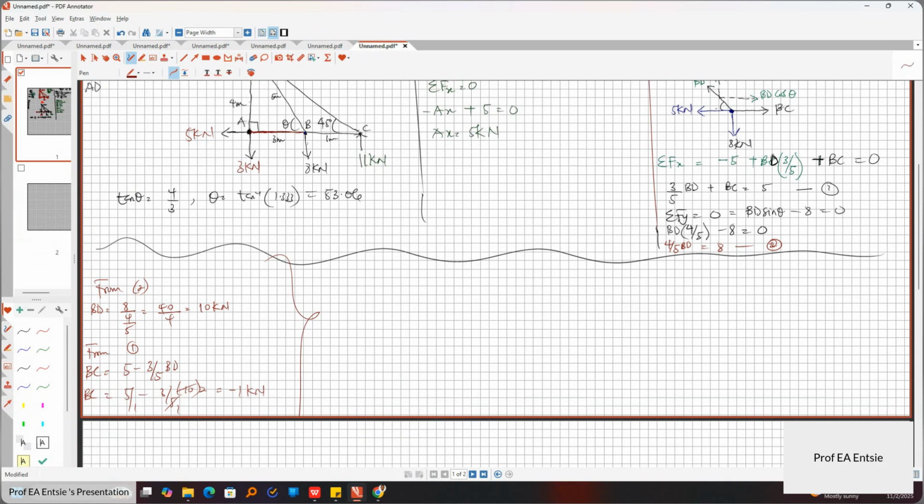So you see, we had negative 1 kilonewton for BC, right? Where is BC? Here is BC. And BC, I made it go to the right, yes, I made it go to the right, and we had that. So what it means is that,